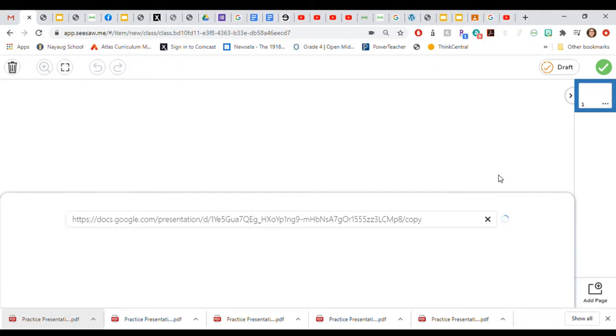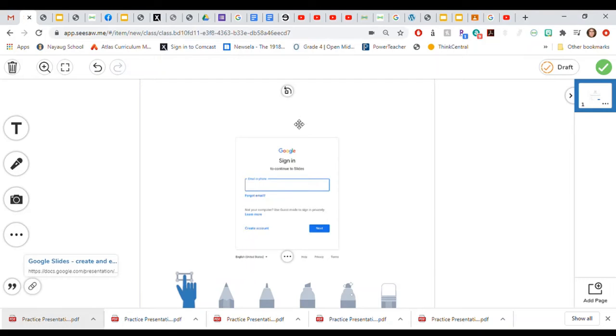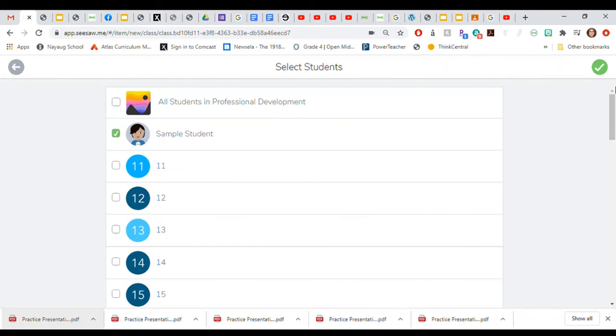Now, when I do that, what it does is force the student to get a copy of the document. Notice that I don't see my Google Slides here anymore. Unfortunately, it's one of the downsides of this. What I recommend you do to get around that is to take a screenshot of your beautiful activity in Google Slides, and then you can paste it into the directions portion of the Seesaw activity. That way it looks different and all your activities don't all look the same. But once I've done this, I can check this off, pass it in,